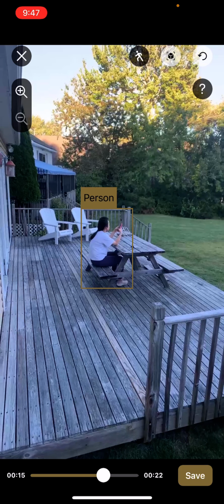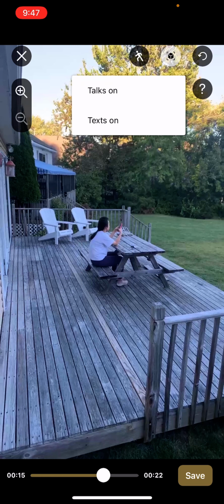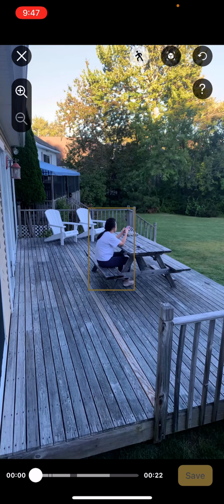Okay, next, we're going to fix the activity labels. We use the activity editing tool that's sitting on the leftmost button on the top right corner. Click on that stick figure icon and select the first activity, Talk Song. At the bottom, you can see that all the Talk Song activities are removed from the timeline, which means it's ready for us to rewrite the pre-existing labels on the timeline.